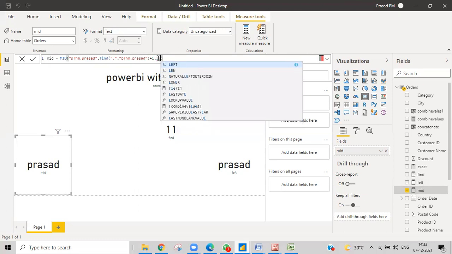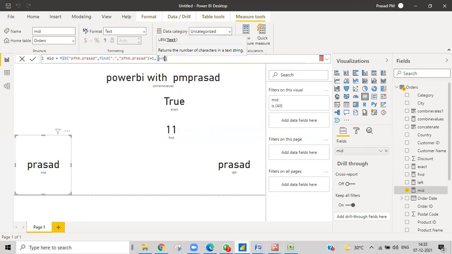Length of that particular code, minus find. I'll write it directly. Length minus find, and obviously I'll get this.